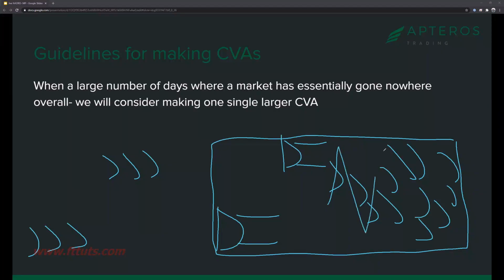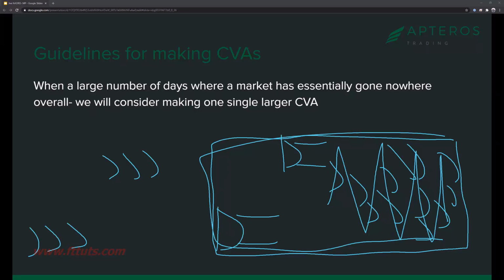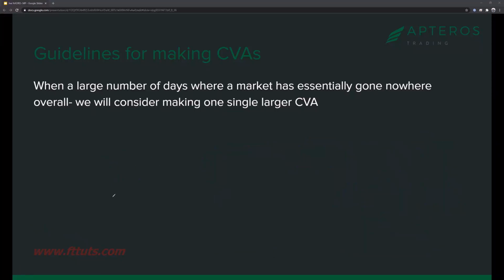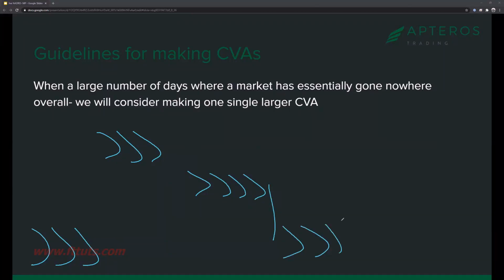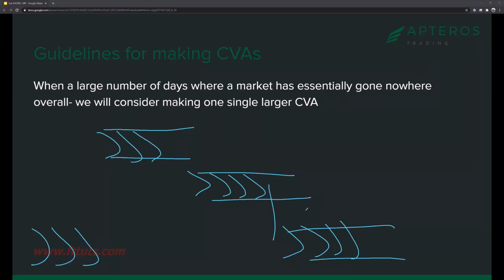Especially the messier it is within an overall kind of bracket. You will have a choice, and this comes down to time frame. If it's really nice and tight, like the first examples where it does this, and then it does this, and then it breaks and puts in a couple days here, I would continue using those individual areas. They're really nice areas. You can trade off of them. It's just really good. But like I said, if it starts to become so jumbled up rather than very distinct areas of multiple days of balance,